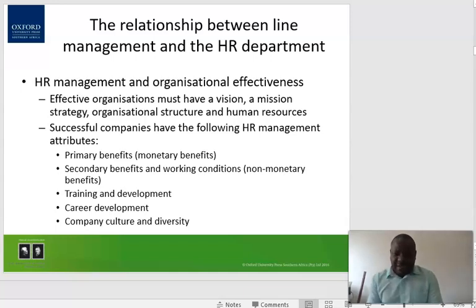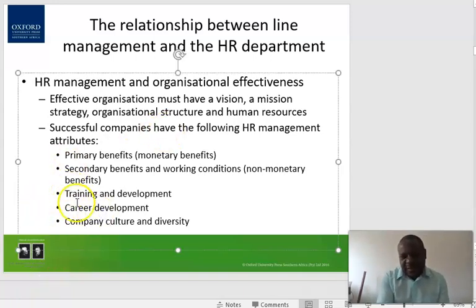HR management and organizational effectiveness. Effective organizations, as we understand from planning, must have a vision, a mission, strategy, organizational structure, and human resources. So people are very, very important. Successful companies have the following HR management attributes. These are some of the attributes that separate successful organizations from those that may not be